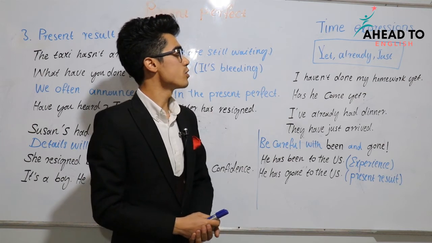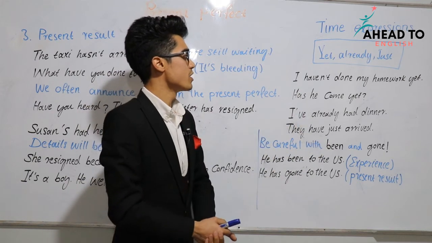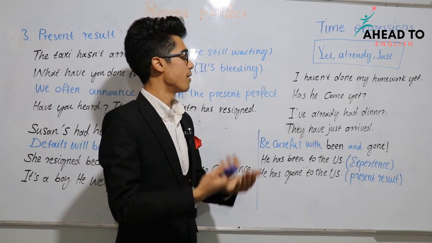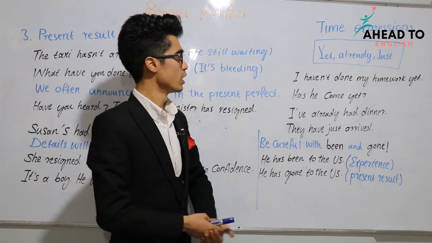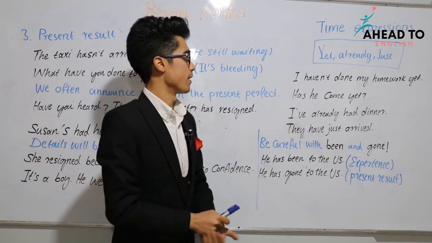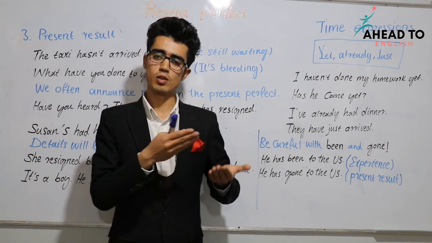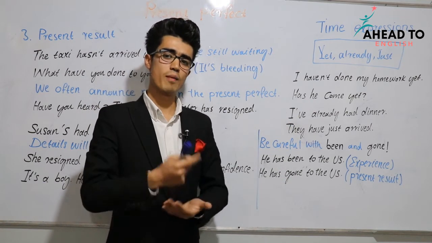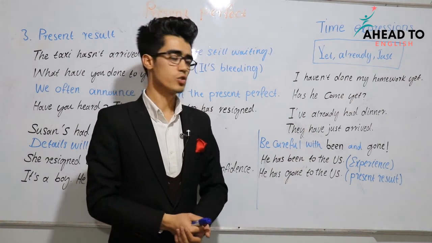خب بعضی اصطلاحات زمانی را که در این مورد به کار میبریم yet، already و just هستند. yet یعنی تا هنوز، already یعنی قبلا، یک عمل قبلا اتفاق افتاده و just یعنی همین اکنون؛ عملی که اخیراً در گذشته نزدیک اتفاق افتاده. I haven't done my homework yet. من تا هنوز کارخانه خود را انجام ندادم. yet را در جملات سوالی و منفی استفاده میکنیم. Has he come yet؟ آیا تا هنوز آمده؟